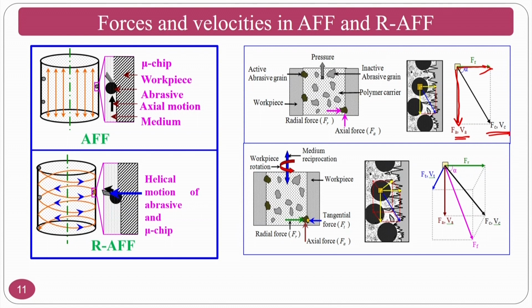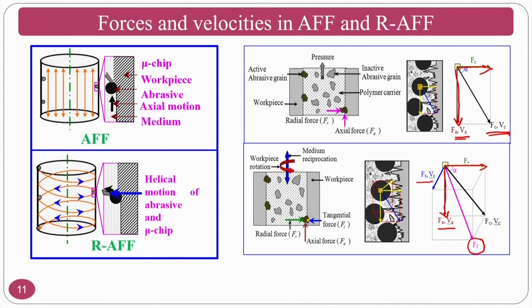Why will the finishing improve? Because you are giving a rotational motion. Because of this rotational motion, you have the already existing radial force, axial force and axial velocity. So, now additionally you are going to get tangential force and tangential velocity, and your finishing or cutting forces get an additional force and velocity. That is why your finishing action will be much better in this condition compared to the abrasive flow finishing process.